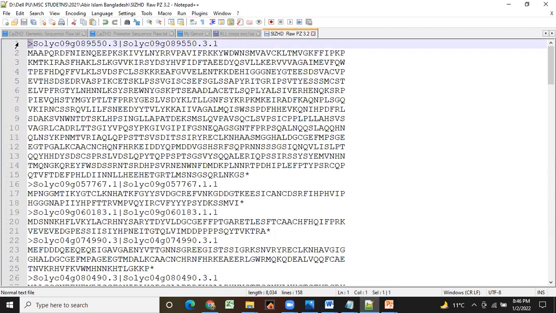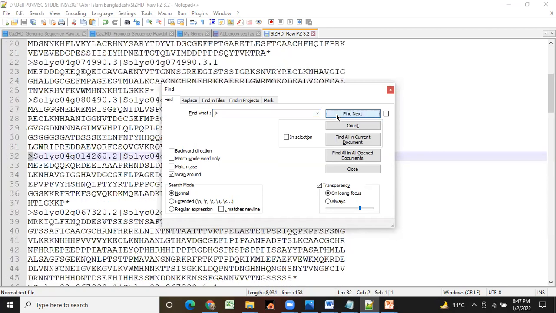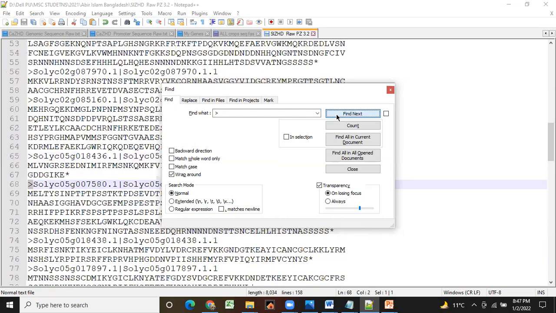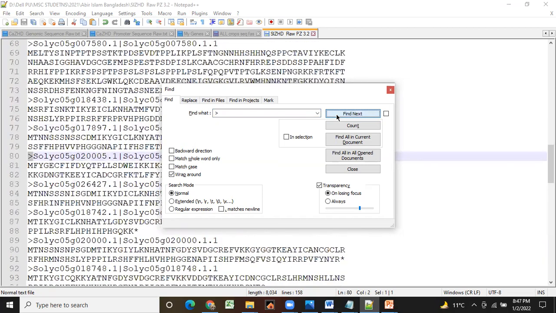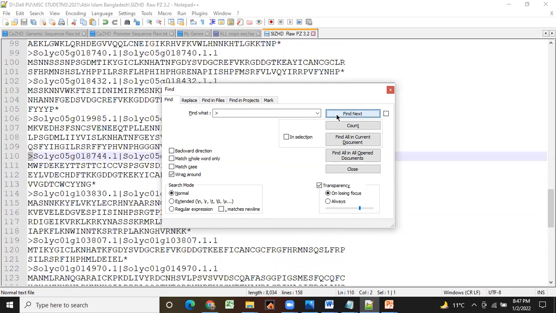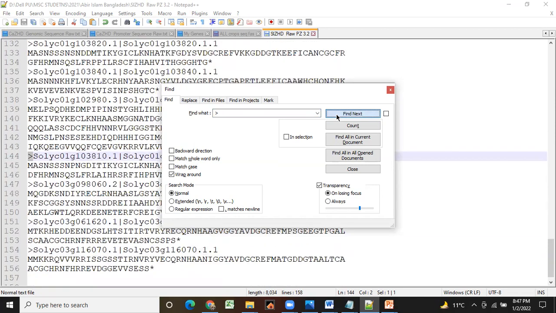Copy, Control F. 2, 3, 4, 5, 6, 7, 8, 9, 10, 11, 12, 13, 14, 15, 16, 17, 18, 19, 20, 21, 22, 23, 24, 25, 26, 27, 28, 29, 30, 31, 32, 33, 34, 35, 36.